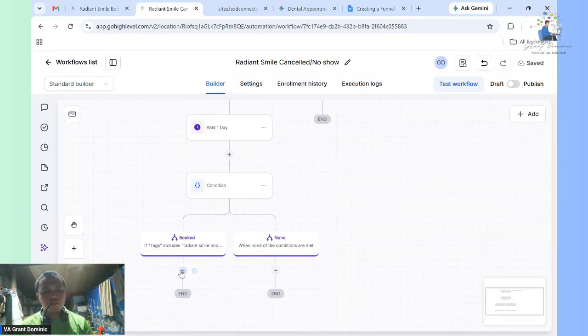So I've included the condition here. If it's book, it will send a confirmation email, and if it's none, we will create a follow-up email.